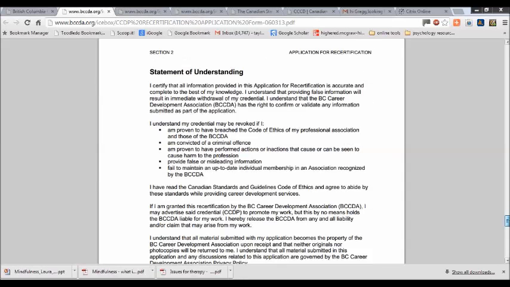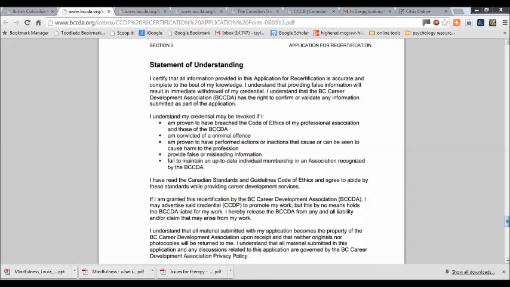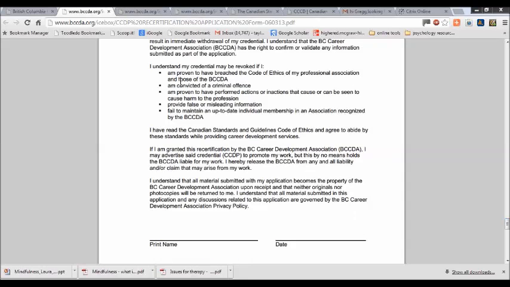That's just our commitment to recertification and our acknowledgement of what certification means. Just a quick summary. For example, we can revoke the CCDP credential if somebody is proven to have breached the code of ethics in a significant way that's affected clients or their organization, convicted of a criminal offense, performed actions or inactions that have caused serious harm to the profession, provided false or misleading information, or failed to maintain their individual membership